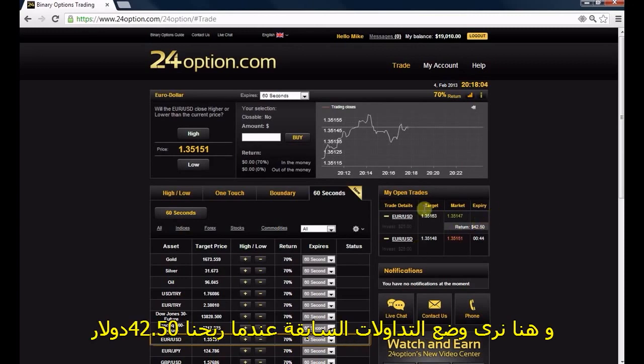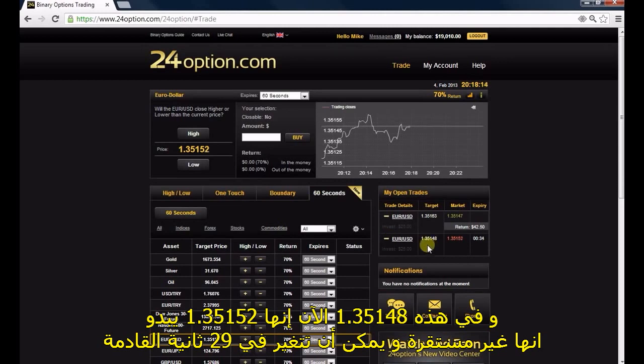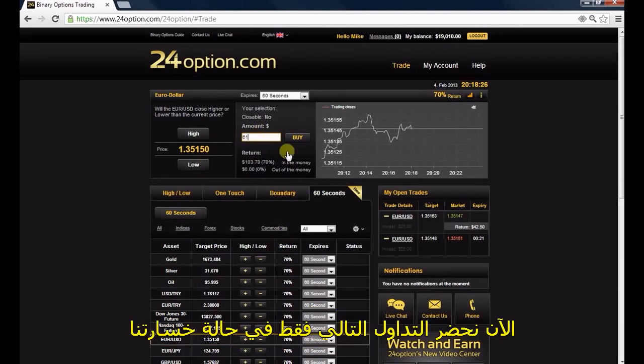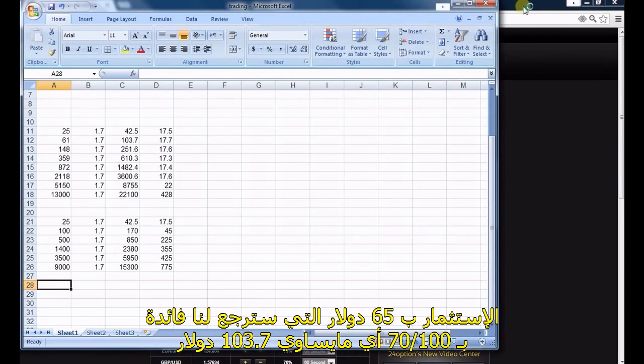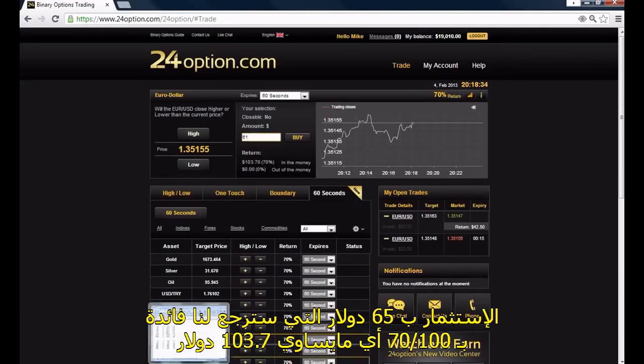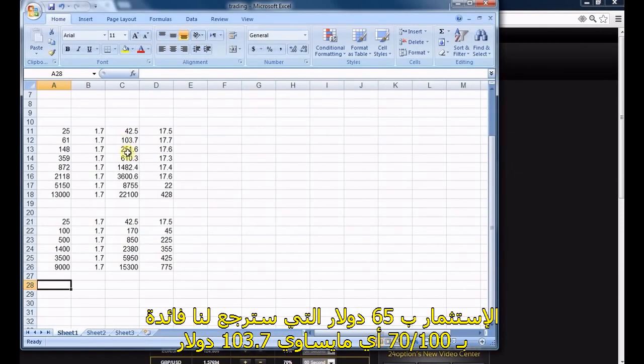Okay, and here we see the status of the previous trade where we won $42.50. The price we're currently at is 1.35148, 1.35152. It looks like it's hovering around there, but it could change in the next 30 seconds. So we're going to prepare the next trade just in case we lose. That trade is going to be $61, which means we're also going to profit on a 70% return. Our profit's going to be $103,